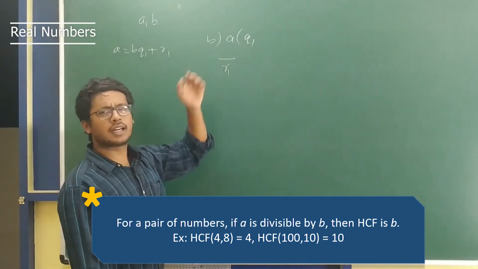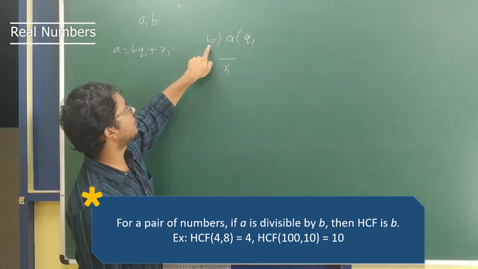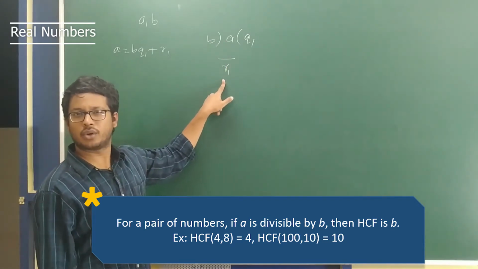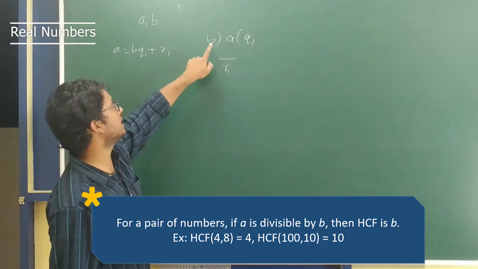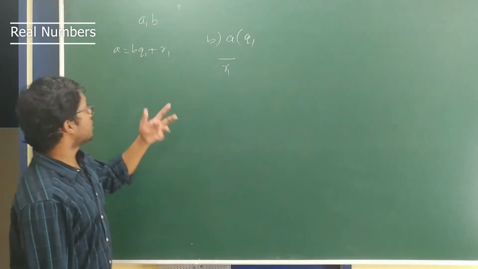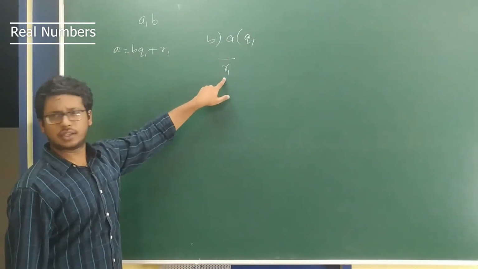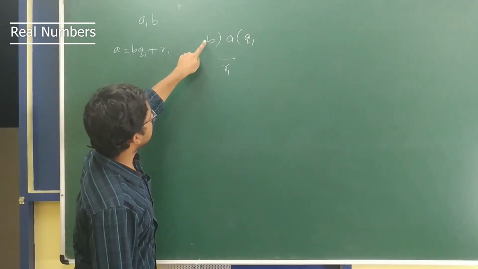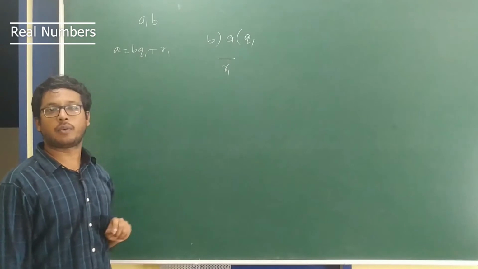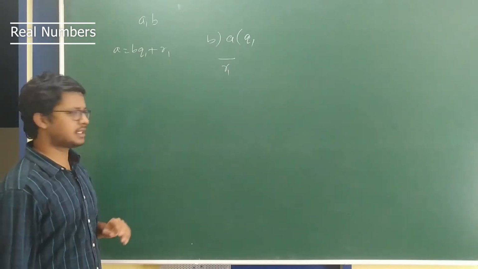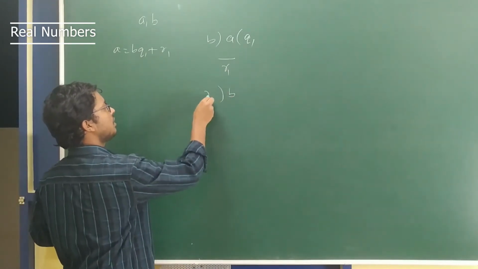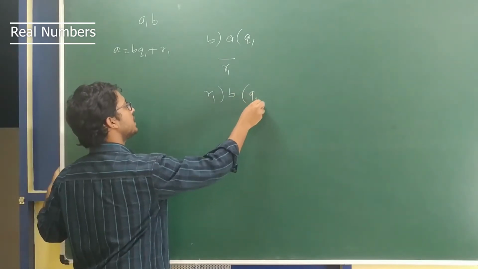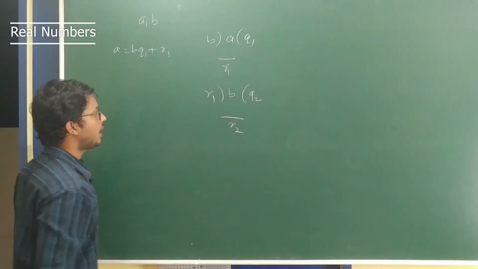Take example of 8 and 4. If you take 8 and 4, 4 2s are 8 and the remainder becomes 0, then the HCF directly is 4. Now the question comes, what if the remainder is not 0? If the remainder is not 0, now what you do is you express b in terms of r1 using again your Euclid's lemma. So b again you divide by r1. Let's say this time you will get some q2 and the remainder r2.